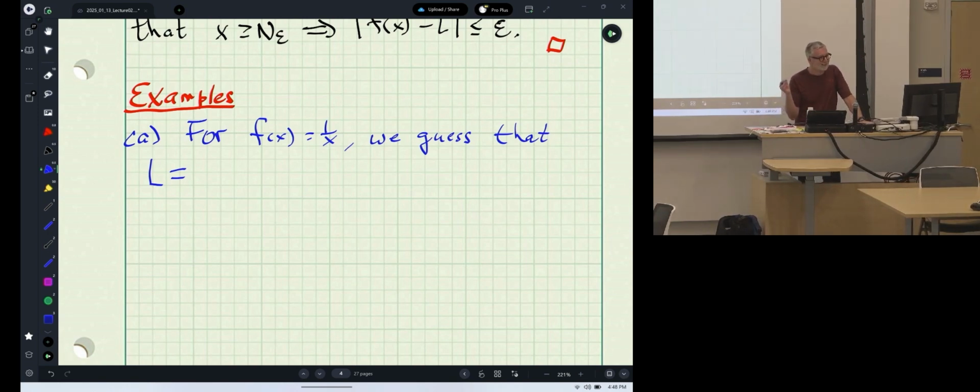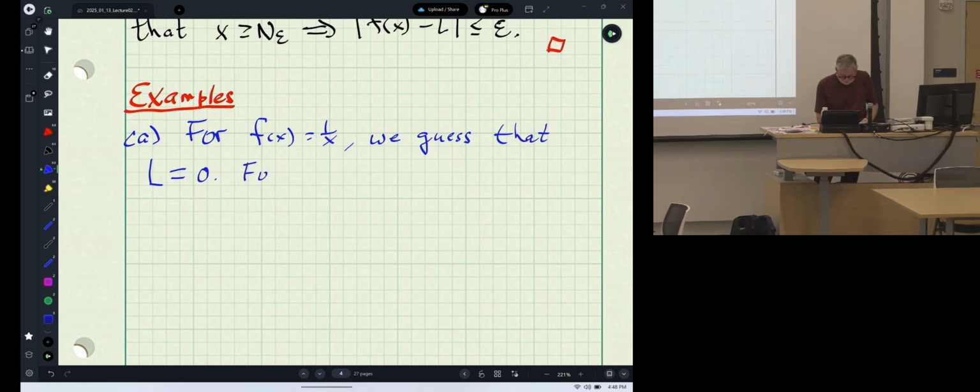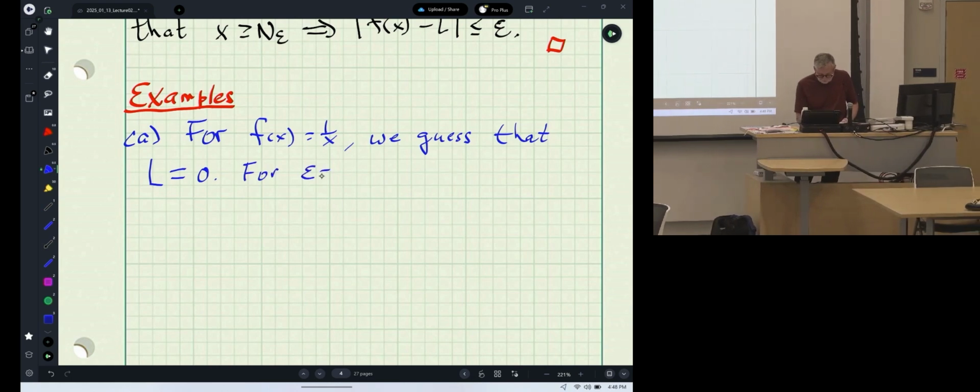No. Quarter? No. 0, okay? L equals 0. So we make a hypothesis, and then let's suppose I give you a level of precision, and